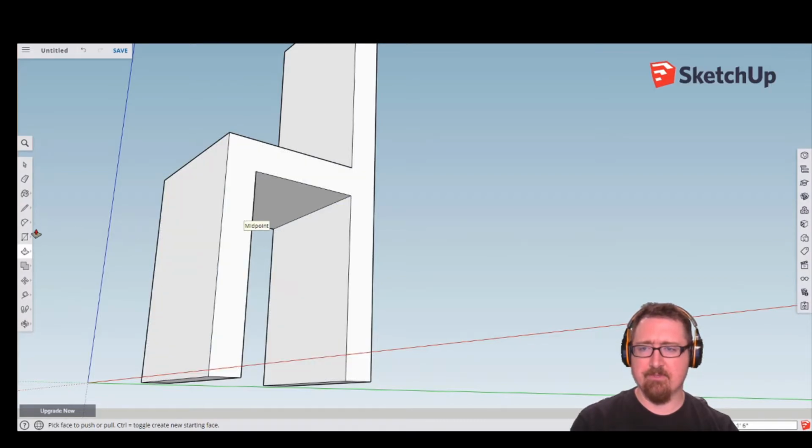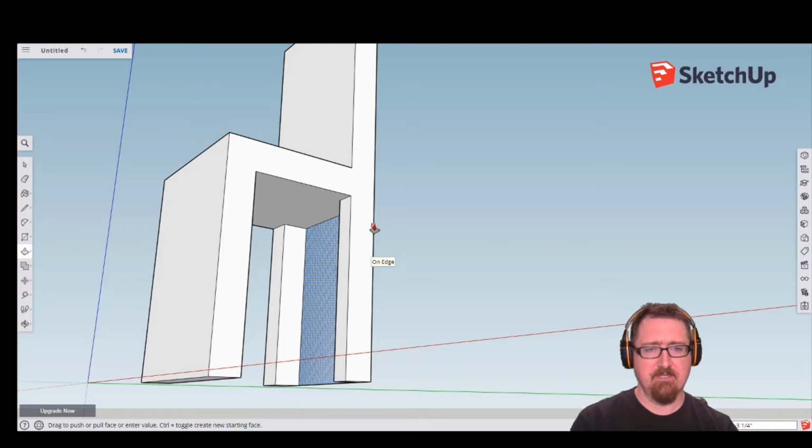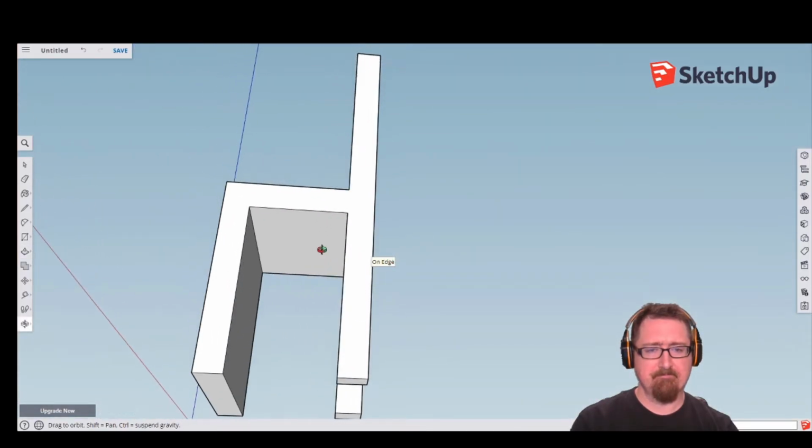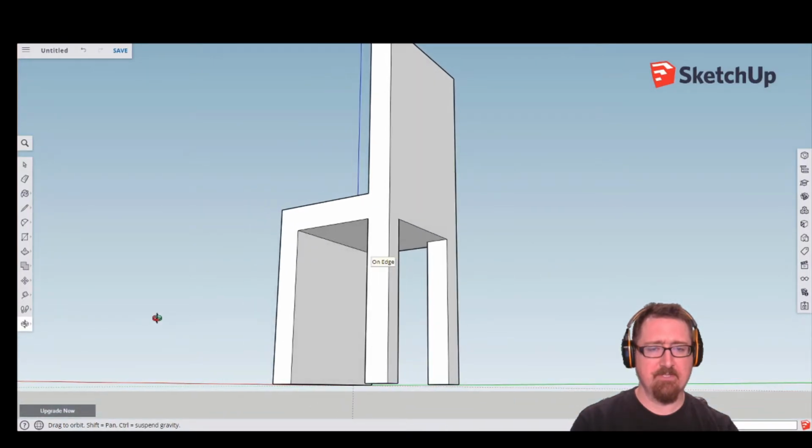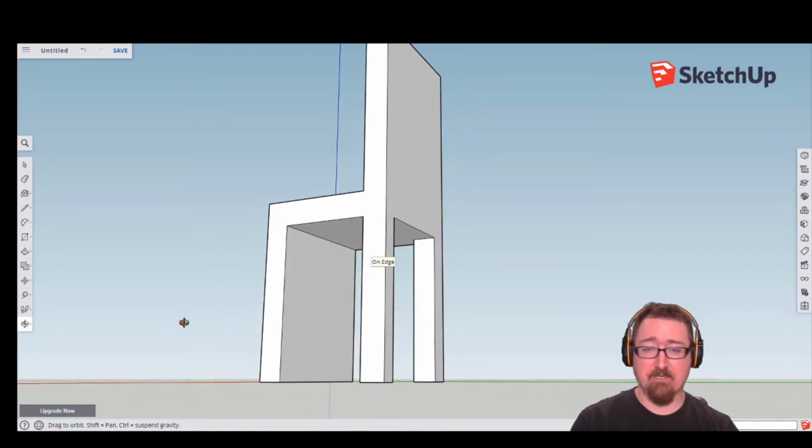What we're going to do is use the rectangle tool. I'm going to start up here at the top and draw a rectangle like so. Or you could draw 2 lines. Either way works. And again, using my push-pull tool, I'll push that to the back surface, and now I have 2 legs. Again, I'm going to orbit around, and on the inside of my chair, I'm going to draw another rectangle,